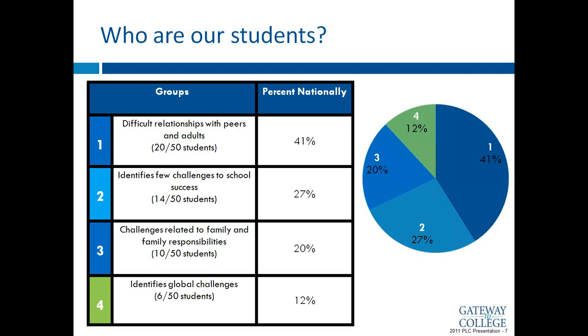So one of the most important things when we look at these groups is to figure out how they're distributed across the network. So you'll see a pie chart there that our groups are not even. So we have 4 different groups, but 41% of the students in this data set are in group 1. So that's a huge group of students for us, followed by group 2, which is almost a third. And then we've got the smaller group 3, 20%, so that's about 1 out of every 5 of our students, and a very small, just over 10% group 4.